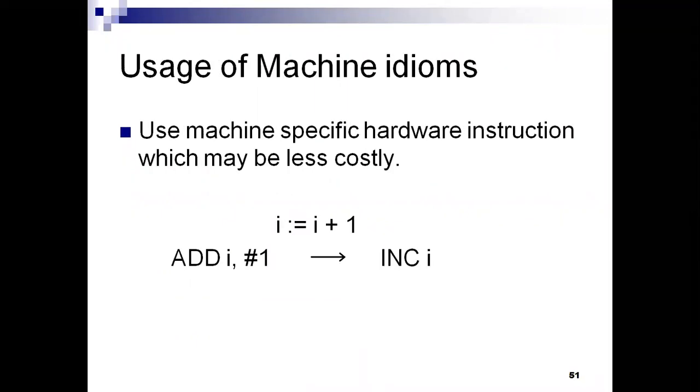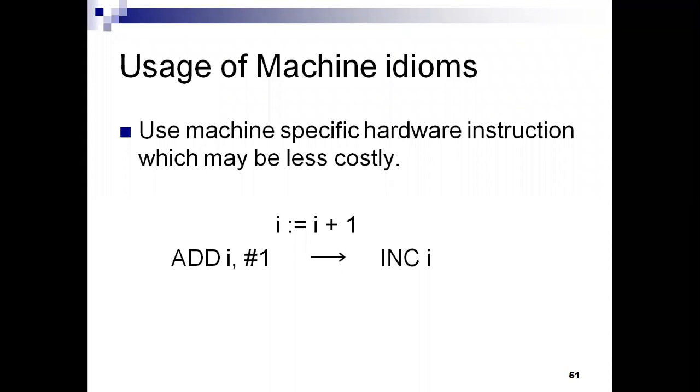And usage of machine idioms, and here also it is totally machine dependent, right? It is machine dependent. Here we are talking about machine instructions and so on. What it means is only in peephole optimization we are applying the transformations at target code, and our target code is in which language? It is a machine level language. So here we are only talking about instructions or loads or registers or instruction sets and so on. So at target code we are applying the peephole optimization techniques.